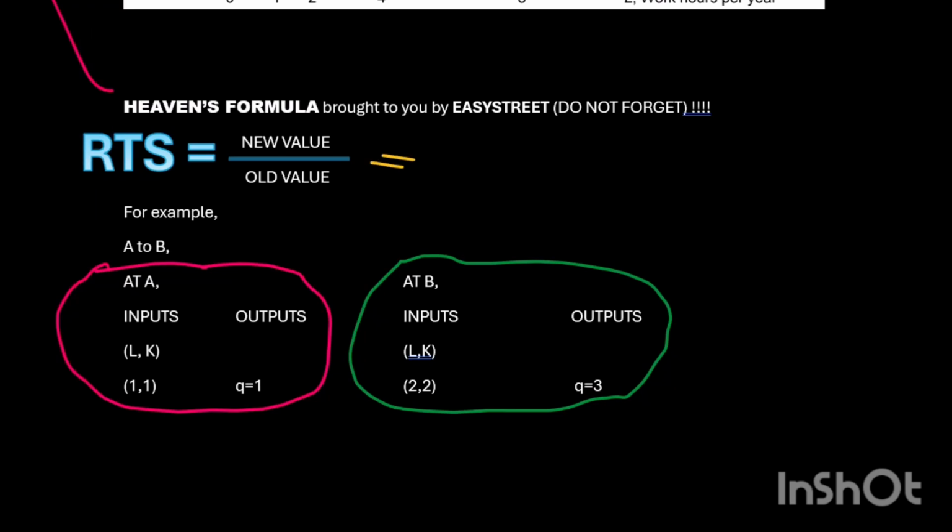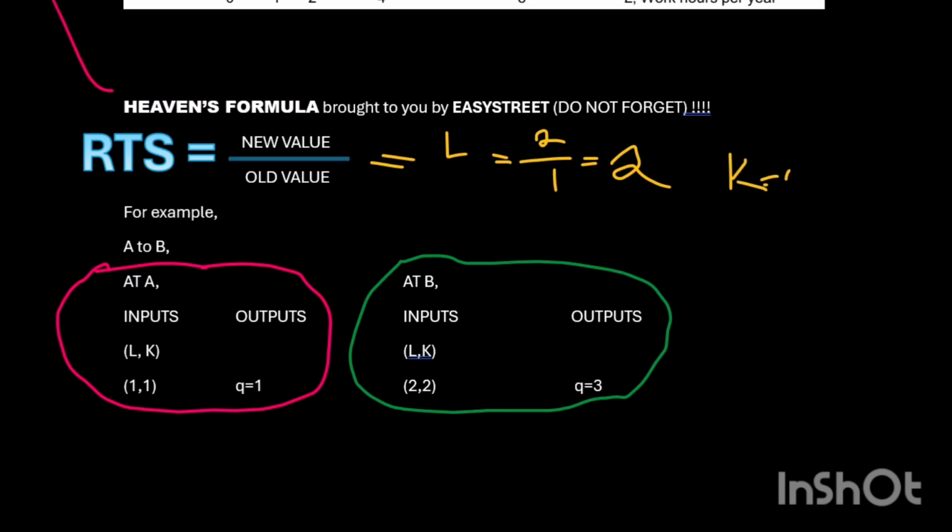So firstly, you're going to calculate your input. All right, so for labor, I'm calculating labor. Now my labor, notice it's the new value over the old value, and I'm going from A to B. So B is my new value. And what is B? For labor, B is 2. Okay, my old value was 1. 2 divided by 1 will give me what? 2, right? And we know since it's the same values, K is also going to give you 2,